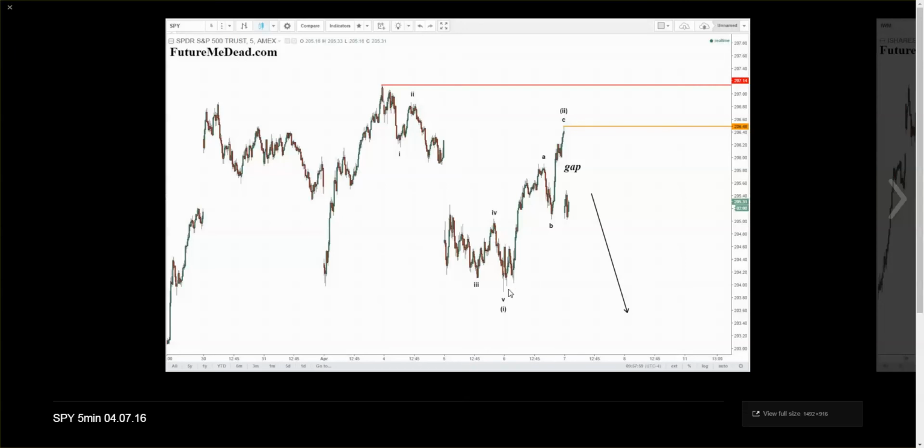Okay, so we have an impulse wave to the downside followed by a three-wave counter trend structure, which we had labeled wave 2. Now, the forecast moving forward from here, using this information: when you have a 5 down and a 3 up, you are to expect at least another 5 down. Okay, you can see here denoted by the arrow. We were looking for a print below 203.80 and potentially much lower because of this denotation of wave 1 and 2. Wave 3, if we're to expect a wave 3 down, should have been sharp and continued much lower than it actually did.